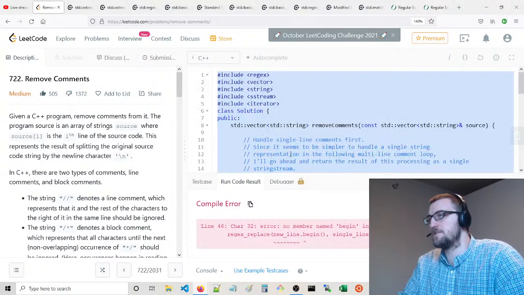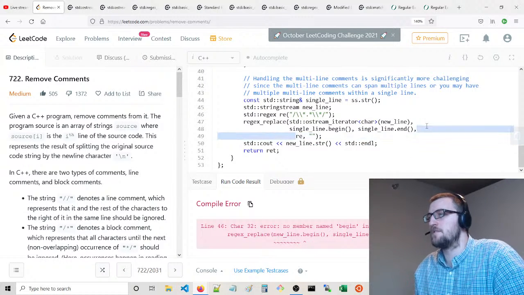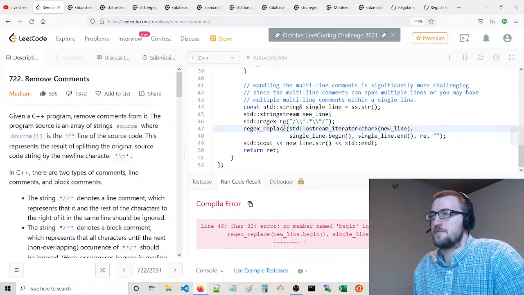Yeah, something like this. Definitely kind of complicated to figure out how to actually make use of this.